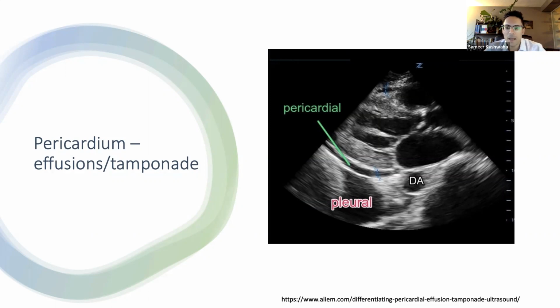The pericardium may have echo-dense components such as blood or hematoma or fibrin, or it could even have air, which is called a pneumopericardium, from sources external to the body or from the GI tract or respiratory tract. And pericardial effusions can occur because of blunt or penetrating trauma, because of injury to the myocardium and free wall rupture, or because of the development of pericarditis, coronary injury, or an aortic dissection that's extended into the pericardium.